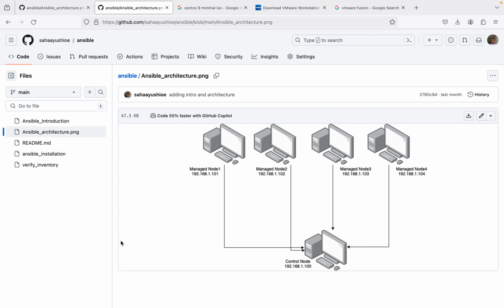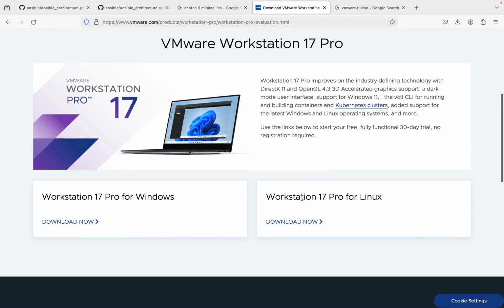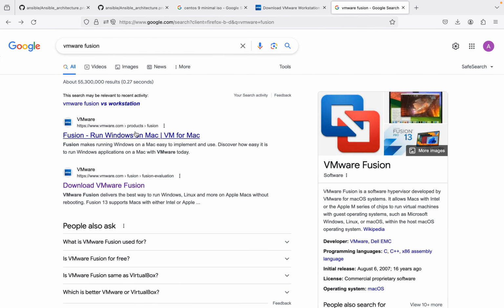So in this part I'm going to show you how we can set up the lab. We will require 5 machines, one for the control node and 4 that we will be using as managed hosts. To set up the lab, if you are a Windows or Linux user, you can download VMware Workstation for Linux and Windows. But if you are a Mac user, you can just download VMware Fusion,